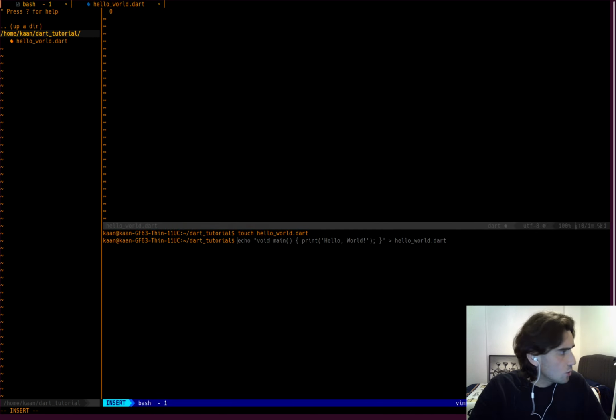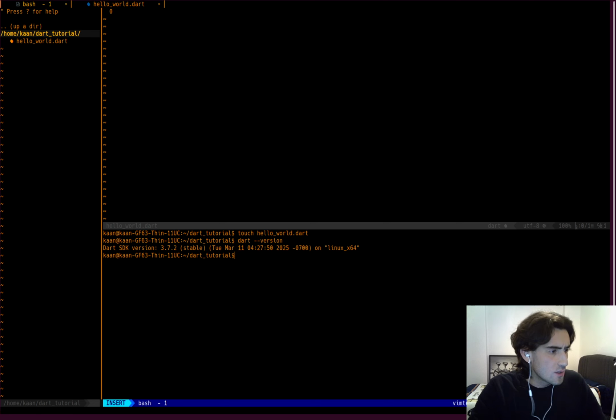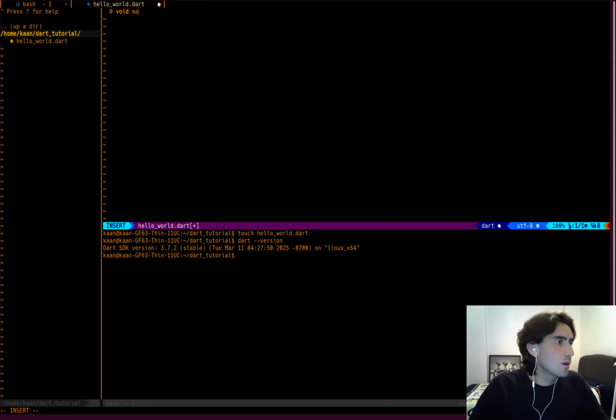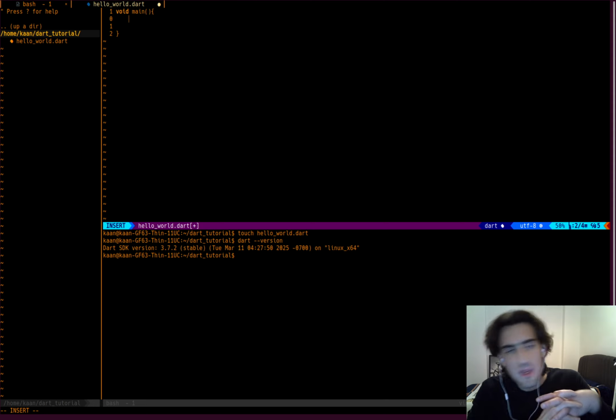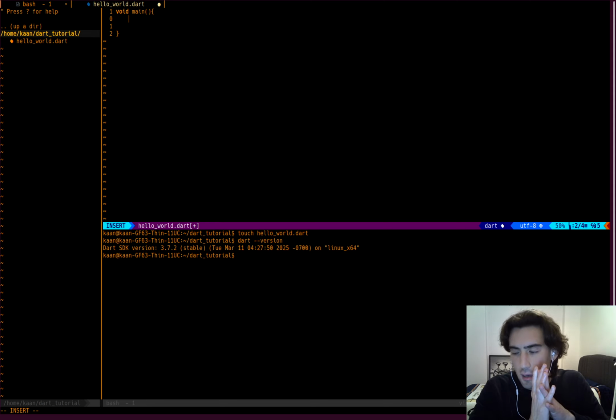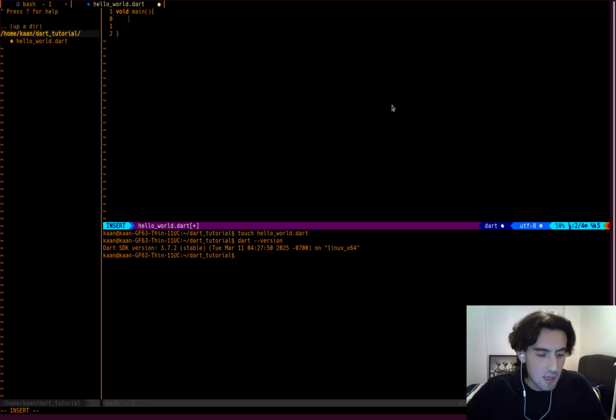when you make sure that you have Dart, you can check the version. As you can see, I have the Dart programming language. We can start with the basics. So for instance, the Dart programming language gives a C, C++, Python vibe, that's for sure. It's an object-oriented programming language, it's a web-based language, and